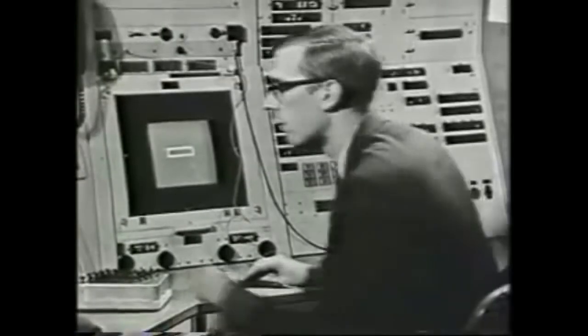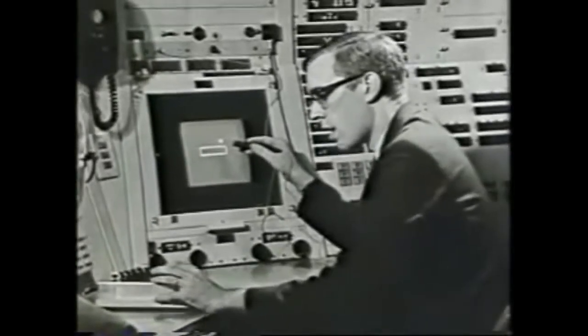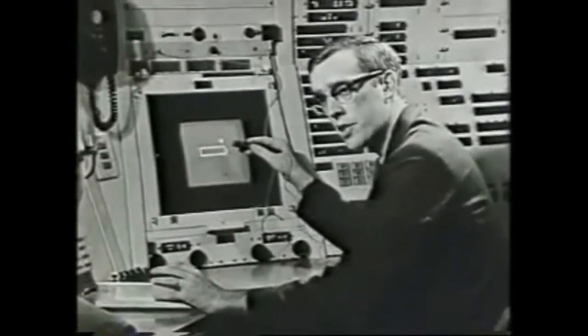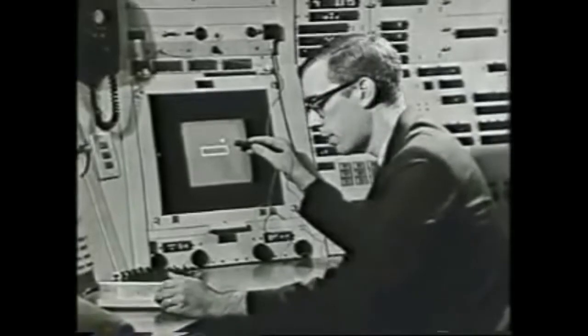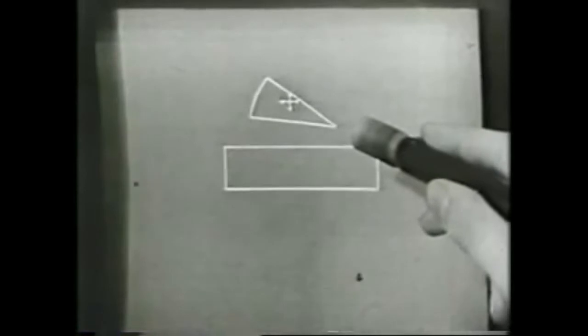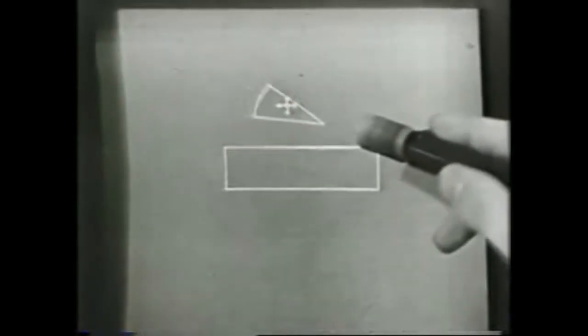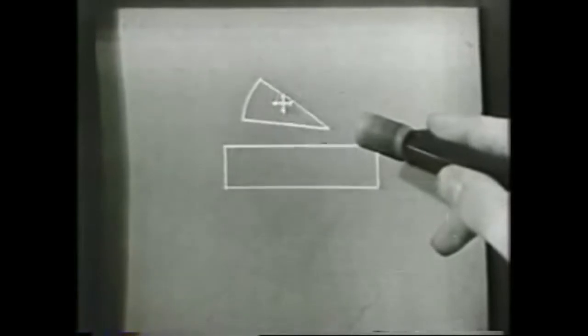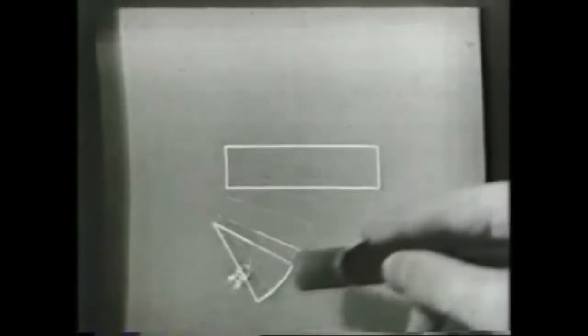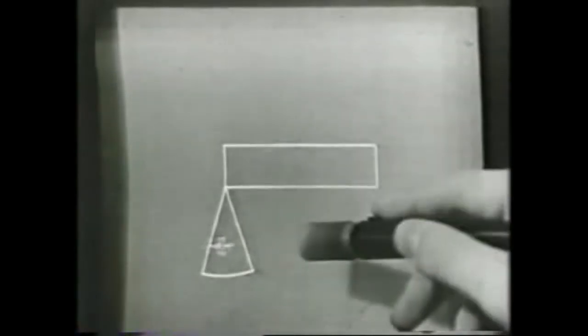Now, what I can do, in addition to this, is call up copies of master pictures. Remember that picture we drew before? Something like that. That's right. What I've done is I regarded that first picture as a master. And I call up a copy of it, and I can manipulate it locally. I can reduce it, magnify it, I can rotate it, and let me place it right there. And I can do this